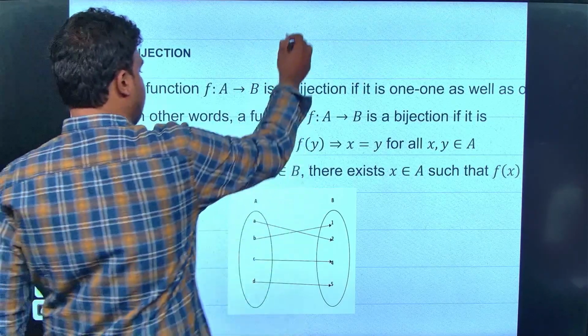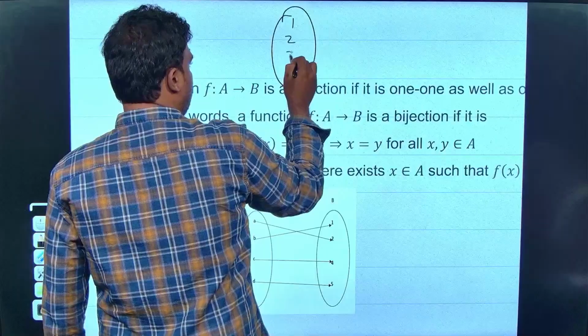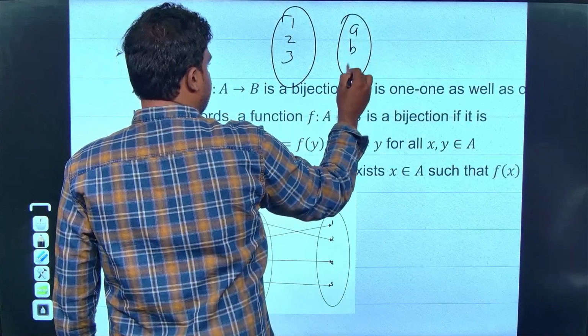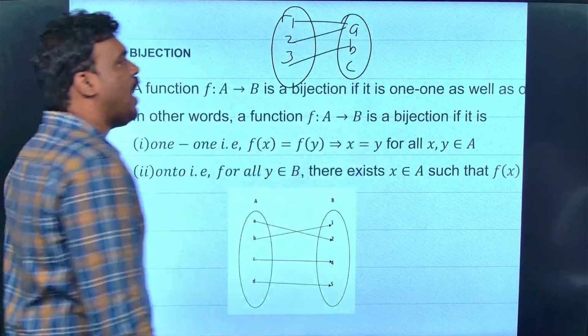நீங்க எனக்கு சொல்லணும் இது என்ன type-னு. 1 2 3 A B C. Guys, what type of function it is?